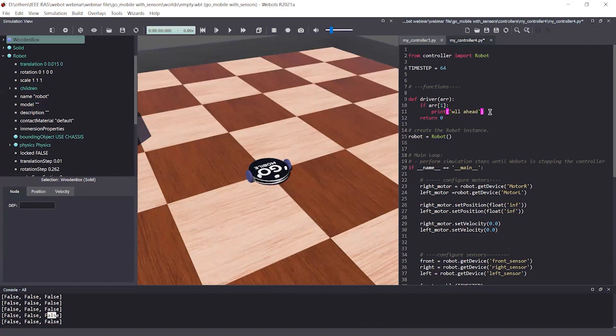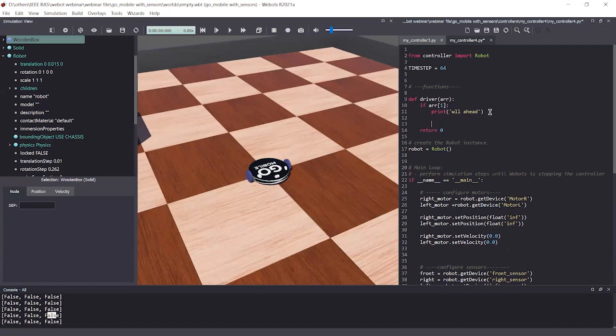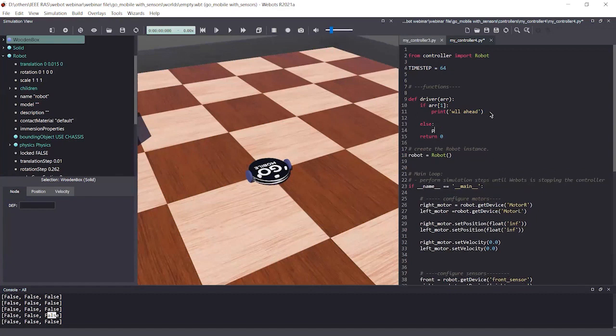And else, what he is going to do is, else he is printing go straight. So I think spelling is correct. So go straight, and let's see what will happen.